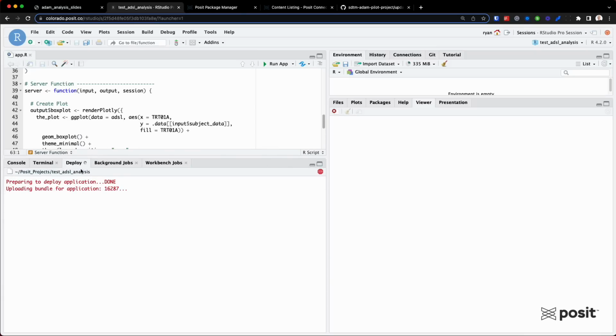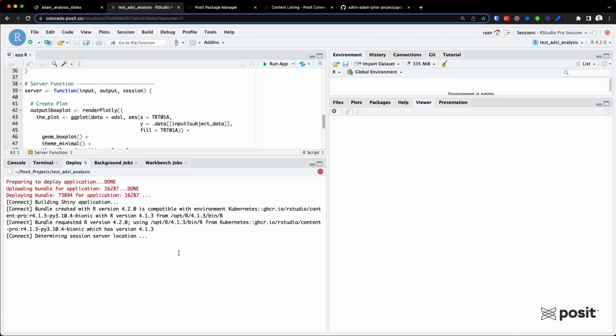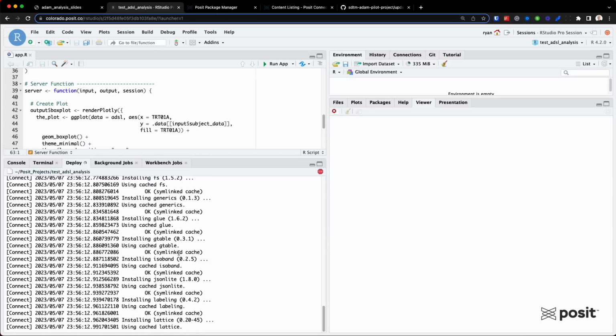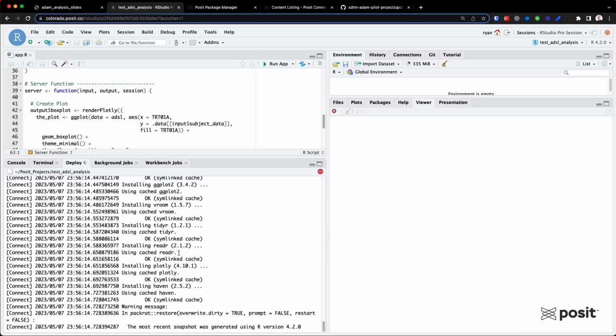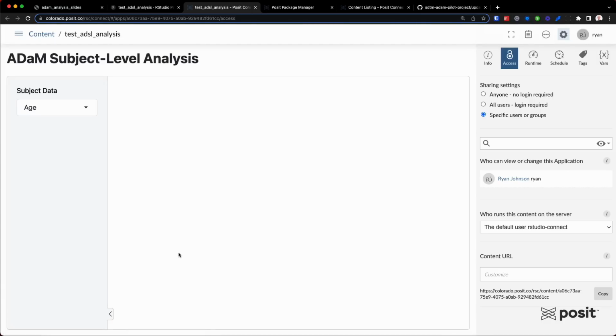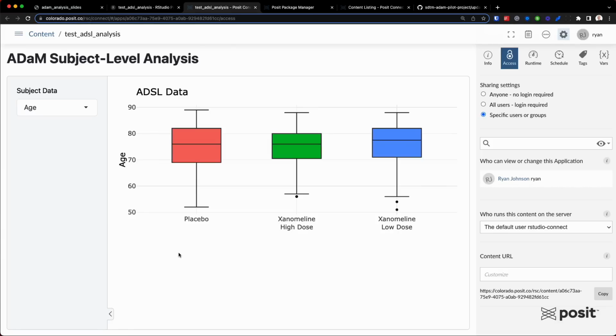And so once we do this, we'll get this deploy tab that opens up, and RStudio pretty much takes care of this for us. So what it's doing right now, it's actually capturing my environment. So it's looking to see what R version am I using, what packages am I using, what versions of those packages, and some other information about my environment, and then replicates it on the Posit Connect server, which it just opened up to. And once that environment's been replicated, it then deploys my Shiny application, which we see right here.